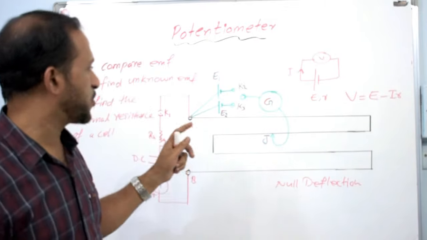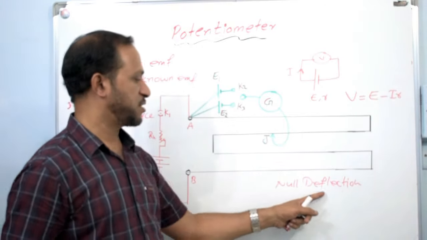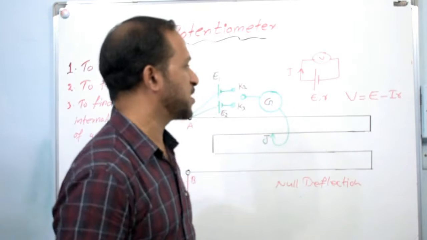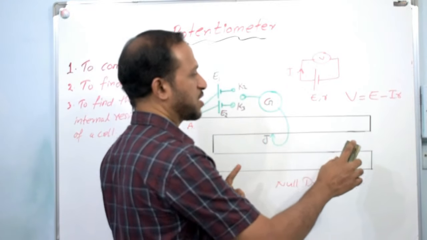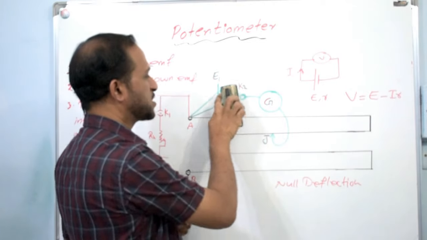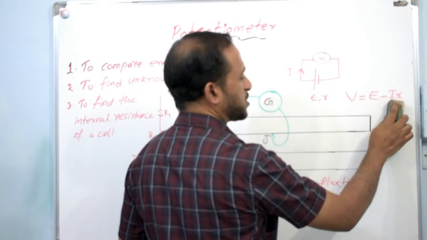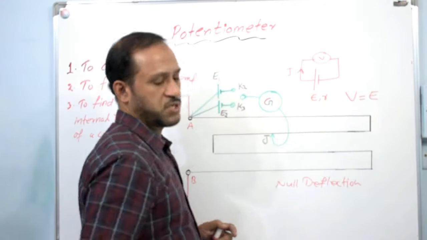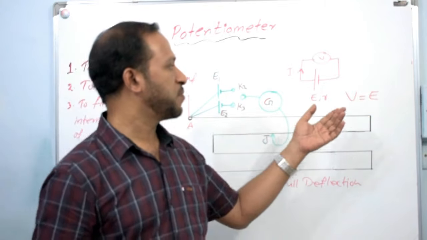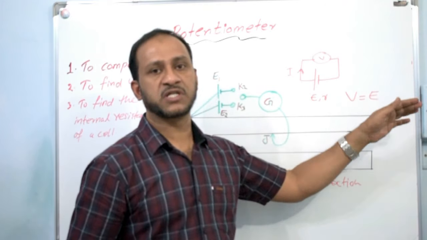But here in potentiometer, we are using the null deflection method. Null deflection method means zero deflection in the galvanometer. Zero deflection means current is not flowing through the circuit. At null deflection, current flowing through the galvanometer will be zero. So the current flowing through the cell will be zero. If there is no current flowing through the cell, then the factor I into r will be zero. Means if I into r equal to 0, then V equal to E. We will be getting the value of EMF exactly equal to V equal to E,